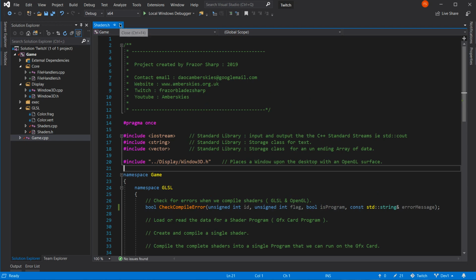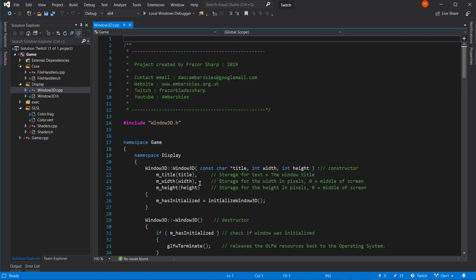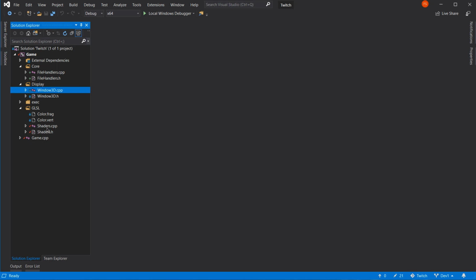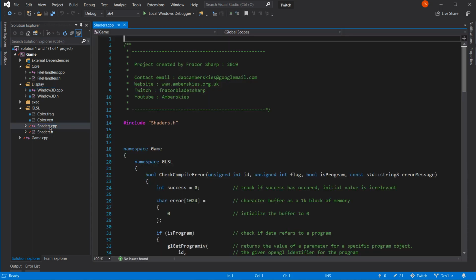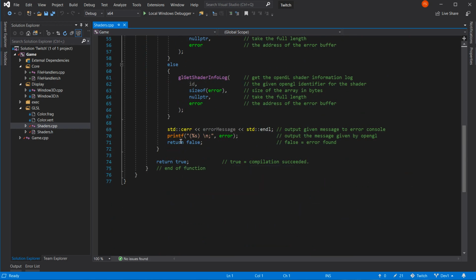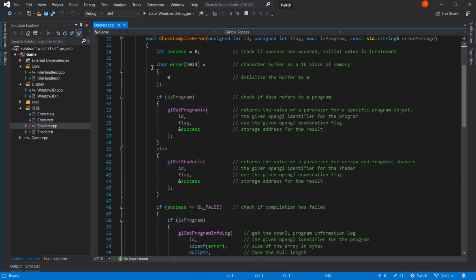If you remember back in here, this problem here with the destructor, where we couldn't delete things because we hadn't instantiated them. Well, that's what I've got to be careful of when I'm doing functions, that I don't make a function that owns an object. Remember, these are just functions. These aren't classes. They're not owning anything. It just checks whether it's worked or not. So this thing actually owns nothing.